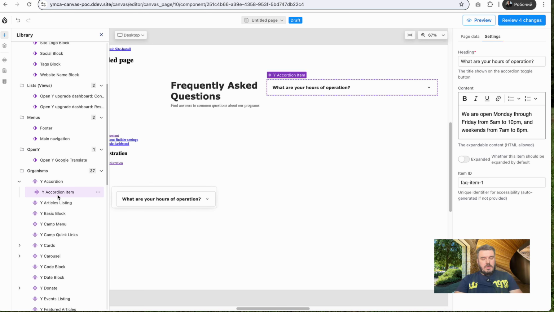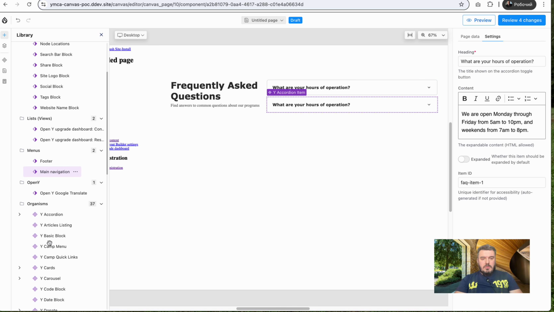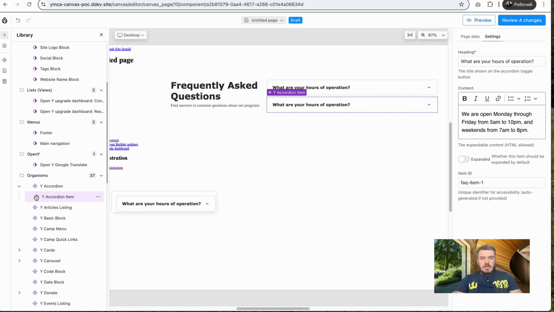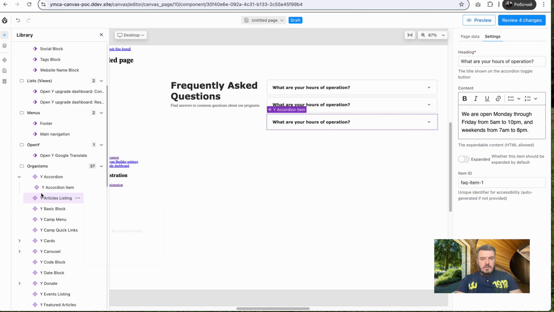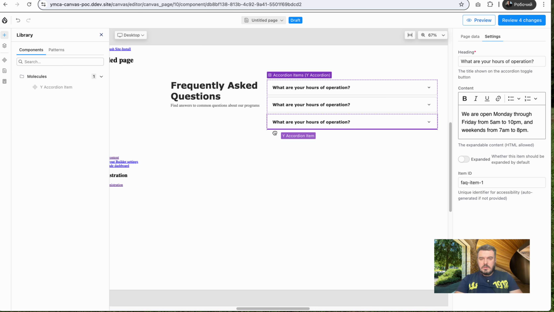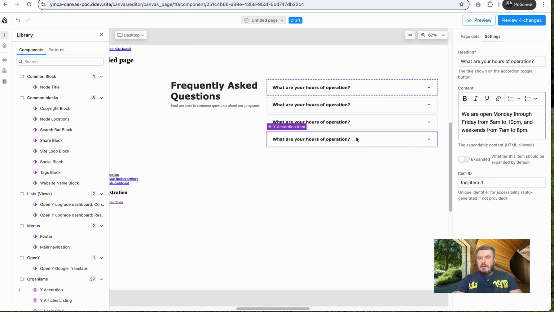It's not yet merged into Drupal Canvas because this is the first time I'm showing this feature. But overall, you now can drop multiple of these items to fulfill your need for an accordion component. And every block, every item inside of this has its own settings form, which you might be familiar with if you know